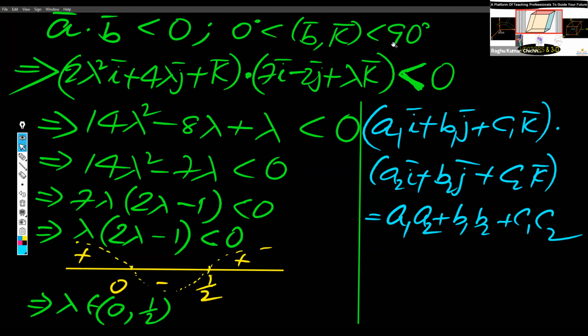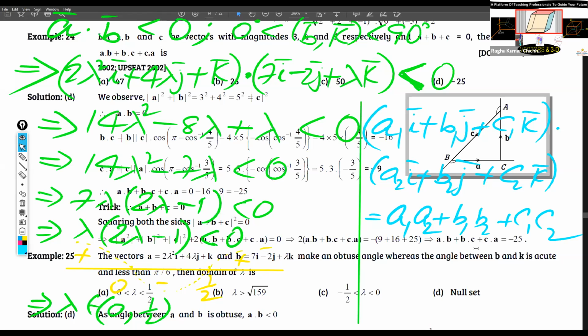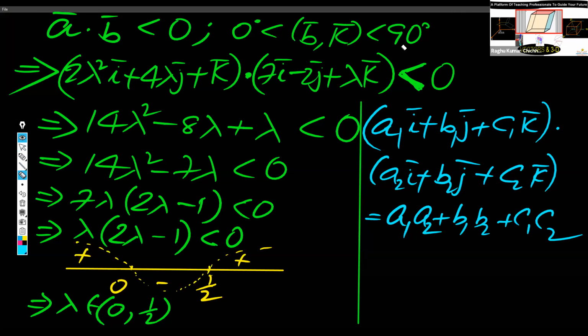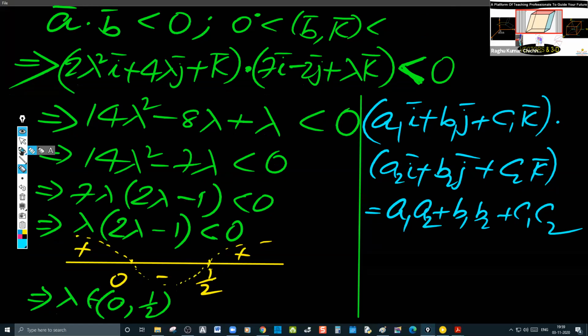I wrote it as 90, but he's saying acute angle and he's saying that it is less than 60. No, just let me check. He's saying that acute angle less than pi by 6, less than 30, please. Less than 30. 30, sir. This is 30, he's saying. So, entire problem is correct only. Only conclusion wrong. Less than 30 means,